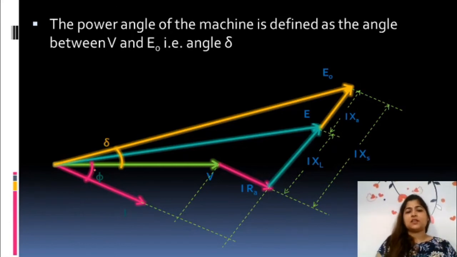Because you know cos phi is 0.8, cos inverse of 0.8 is nothing but 36.86. So can I calculate the value of phi out of it? Yes. So if I get to know this complete angle psi, what is psi? Psi is delta plus phi. If I get to know this complete angle psi, which is delta plus phi, and I already know the value of phi, can I get the value of delta? Yes, we can get the value of delta.